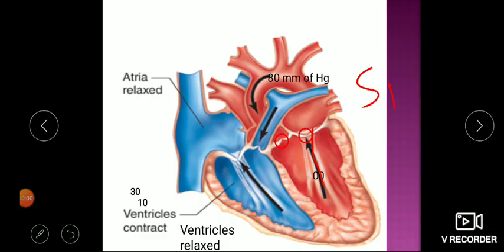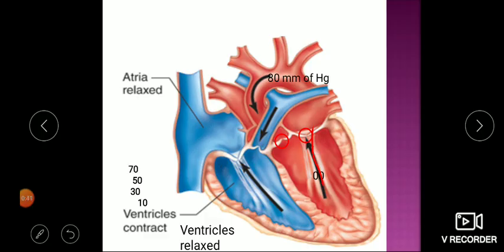When the ventricle contracts, pressure in the ventricle is more than the atria, as it is 10 now. So immediately the valve closes. Closure will create a sound. So the first heart sound marks the beginning of ventricular systole. Now the ventricle will continue to contract, but the pressure is 10, 30, 50. Even at pressure 50, this valve will not open. Why? Because pressure in the vessel is 80. So the valve will not open as pressure in the vessel is more. Blood will try to come back and this will close the valve.